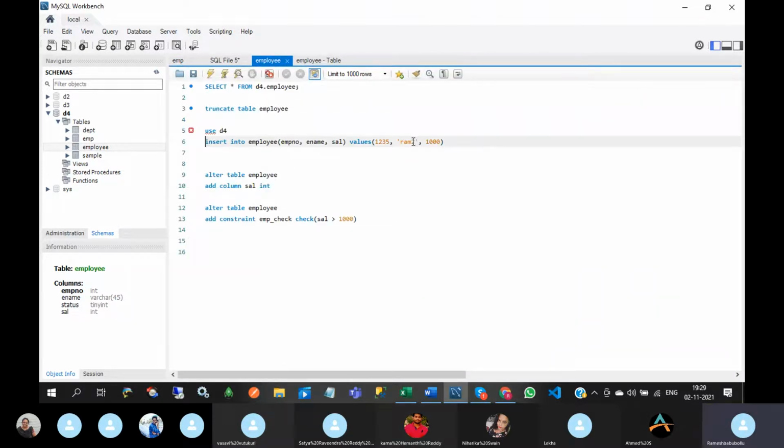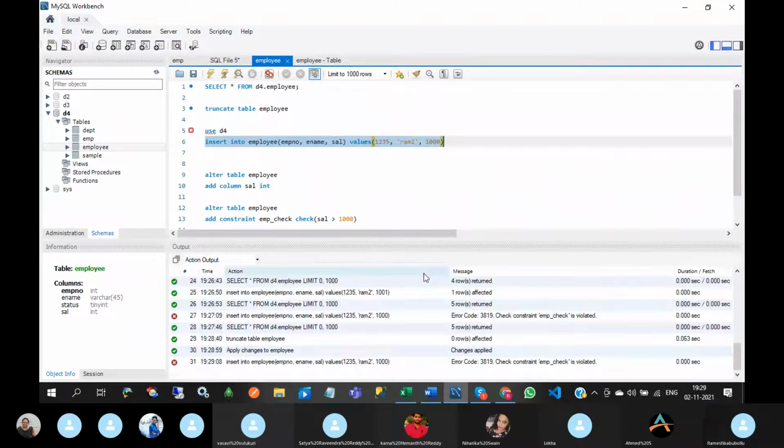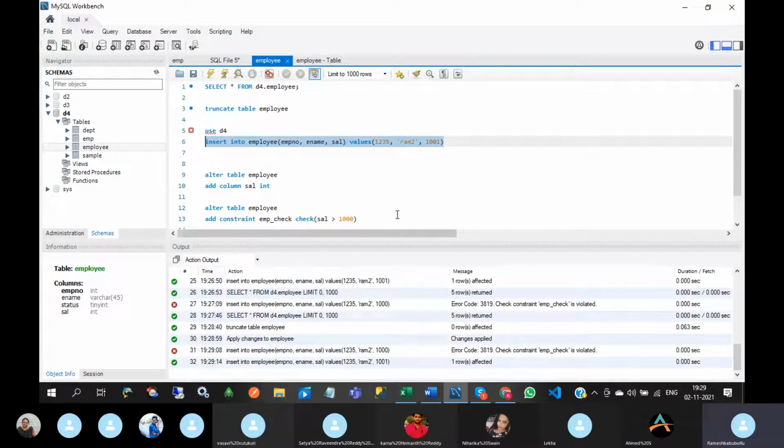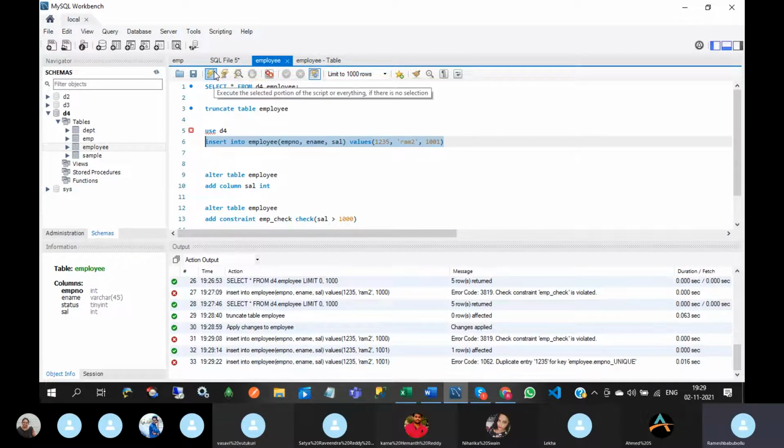So click on the apply button. Now you can insert. Okay, check constraint. Now if we want to insert the same records again, it will not allow. See this: duplicate entry 1235 for key employee number unique.